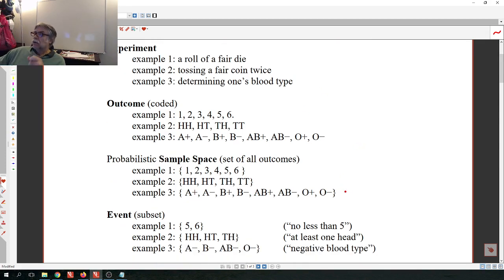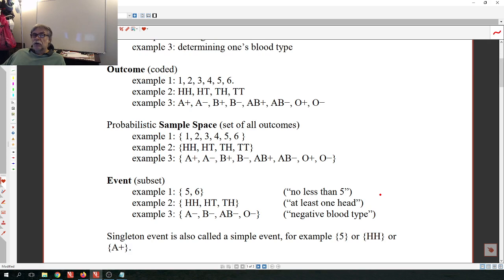Okay, now when we talk about probability, we always talk about the probability of an event. Something that happened, the probability of an event. So you need to have an event. Now what is an event? An event is any subset of a sample space. So for example, if you look at this first example of a sample space, 1, 2, 3, 4, 5, 6, which is the sample space of rolling a fair die once,